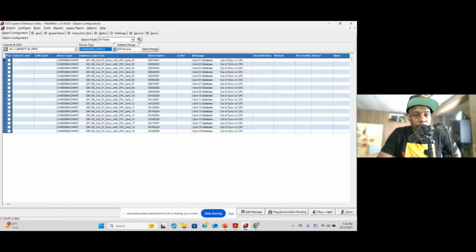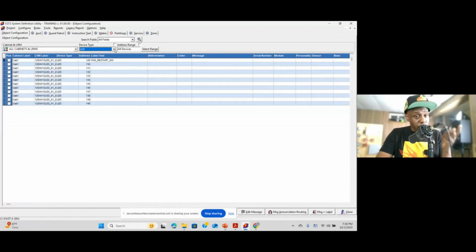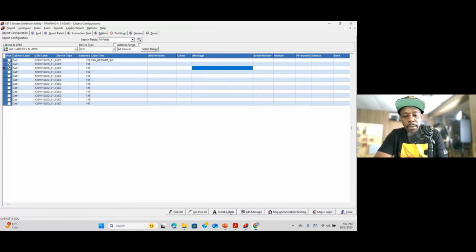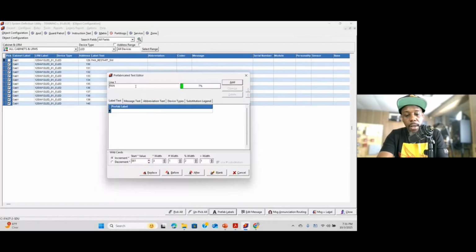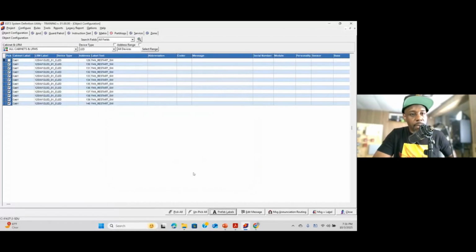What else do we got? We keep scrolling. Of course, you can hit the first letter of the device type you're looking for, and it'll give you that menu. So we have a bunch of LEDs that we have to fill out. We don't want to type them all in, right? So let's select them all. Let's hide this. We're going to select them all, then we're going to hit the prefab label. We're going to go fan. We want to replace a 1. Let's just switch 1 after. Let's see if this works. No, it didn't.